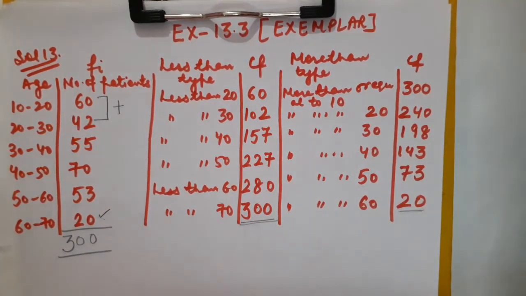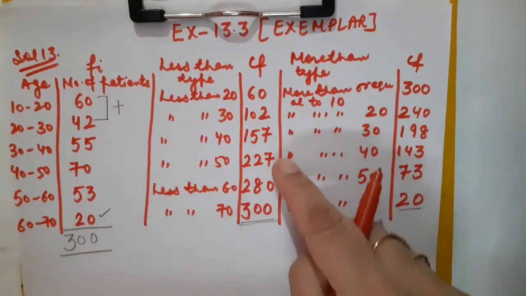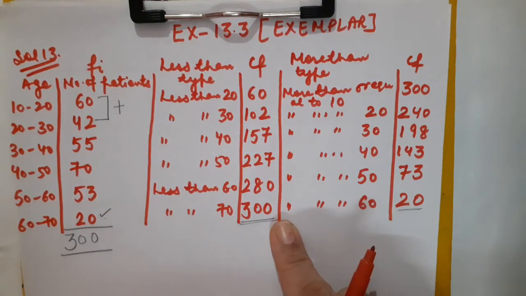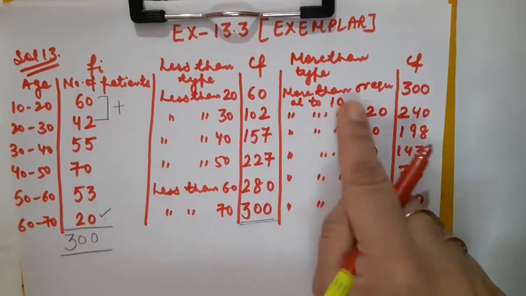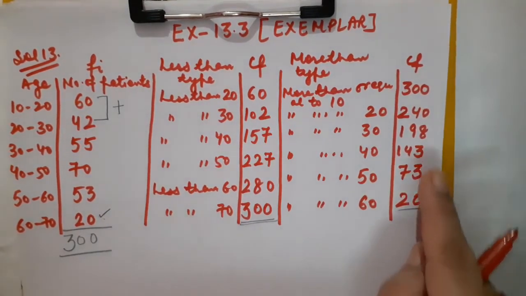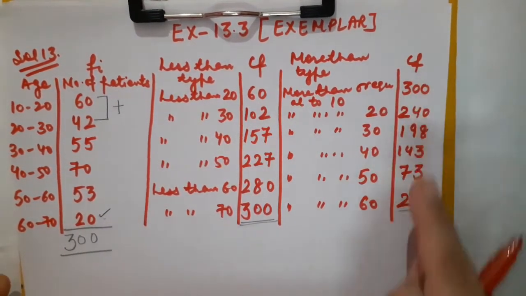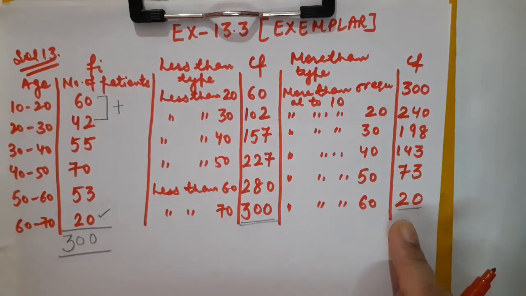Children, one more thing you can observe: as it is less, here you can see that the data is in ascending order, means we are going to start with the lesser value. Correct? But as it is more, we are going to start with the more value, that is, the data is in descending order, means from greatest to smallest we are moving. So this is the way to keep things in mind.